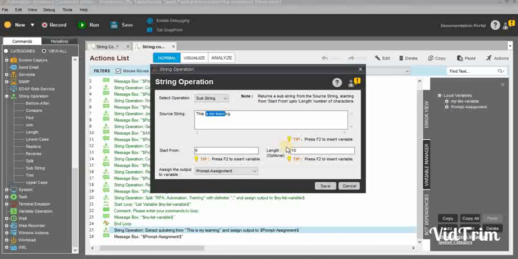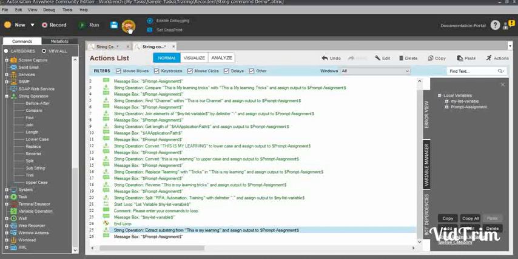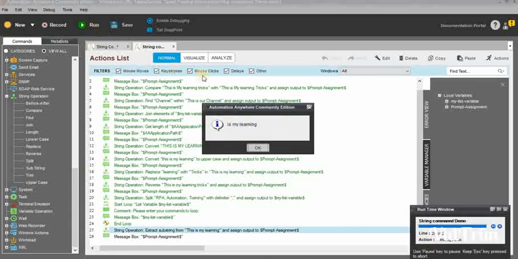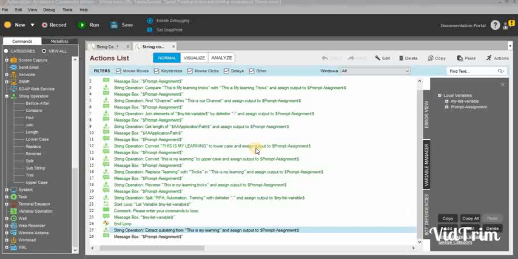If you do not limit the characters, if the length box is empty, then it will display all the values from the 6th character. Now the task has been executed. You can see the results: "Is my learning." Whatever characters are available after the 6th, everything will be displayed in the message box.